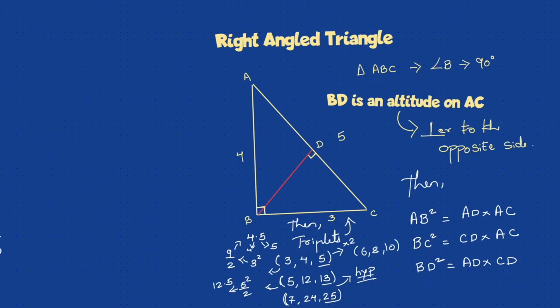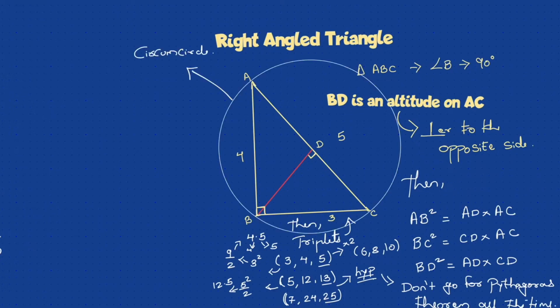See, the first triplet 3, 4, 5, if I multiply by 2, becomes 6, 8, 10. The same triplets you will get many times. So don't use the Pythagoras theorem all the time. Go for the logic of triplets. Start with the smallest odd number, square it, divide by 2, and take the lesser integer and the greater integer. You can multiply the same by 2 and 3 and get as many triplets as you like.